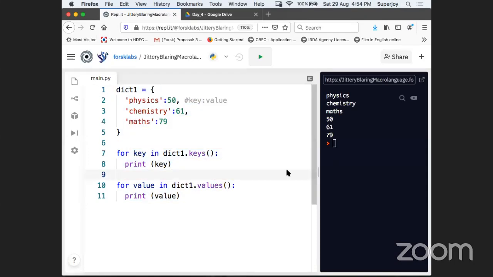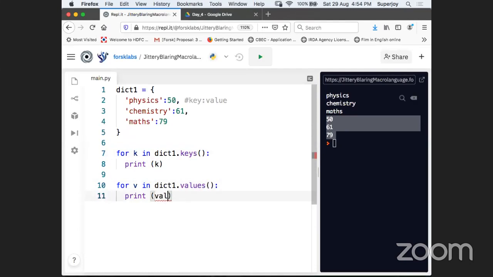Okay, we got it. It was a little late. So can you see, guys, we got the subject names from this loop and we got the marks only from this loop. So that is printing the keys only, that is printing the values only, right? And key and value, you can have anything here, because I told you that this is a name which you can have anything. So maybe you can say K, then you have to just print K. Maybe you can say V, so you just have to print V in that case. So the name can be anything, right?